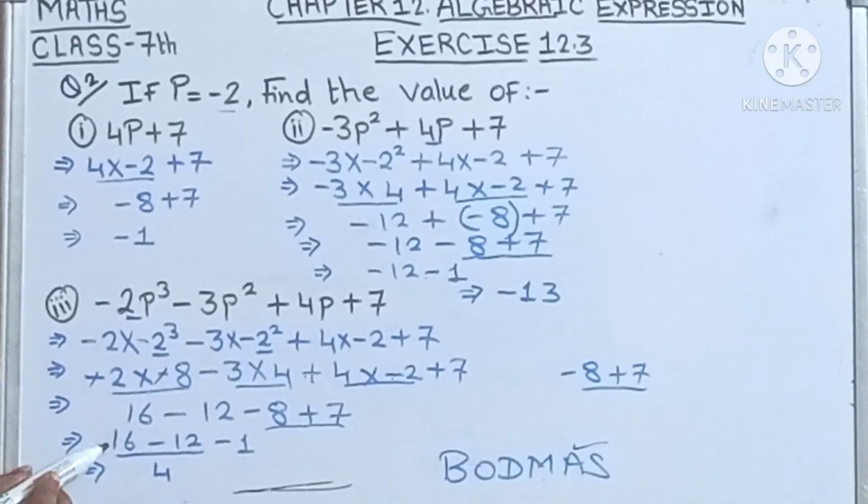Plus 16, this number is bigger, there is no sign in front of it, means it is a positive sign, so plus 4, here also no sign will come, and minus 1 as it is. Now 4 minus 1 will be 3, and the greater number has a positive sign, so answer will be positive, means 3. Answer is 3. So this is the answer for the third one.